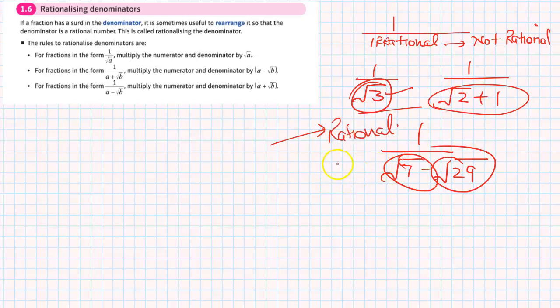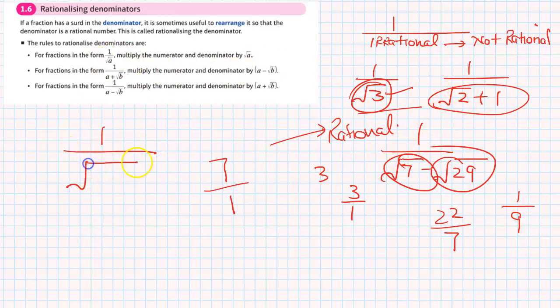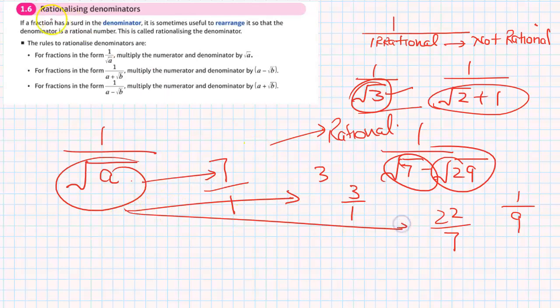A rational number, as I told you, can be written in the form of a fraction. Like 3 is a rational number, it can be written as 3 over 4. 22 over 7 is a rational number. 1 over 9 is a rational number. 7 is a rational number because 7 can be written as 7 over 1. So these are all rational numbers. So if the denominator is in the form of an irrational number and we convert it into this form, this is called